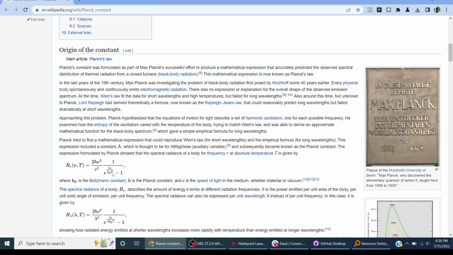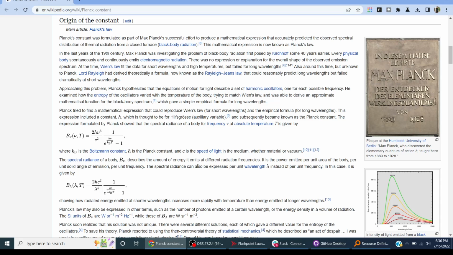The spectral radiance of a body, B sub v, describes the amount of energy it emits at different radiation frequencies. It is the power emitted per unit area of the body, per unit solid angle of emission, per unit frequency. The spectral radiance can also be expressed per unit wavelength lambda instead of per unit frequency. In this case, it is given by B sub lambda of lambda and T equals